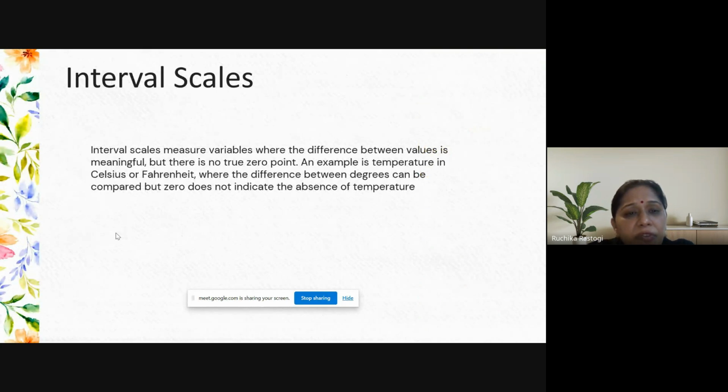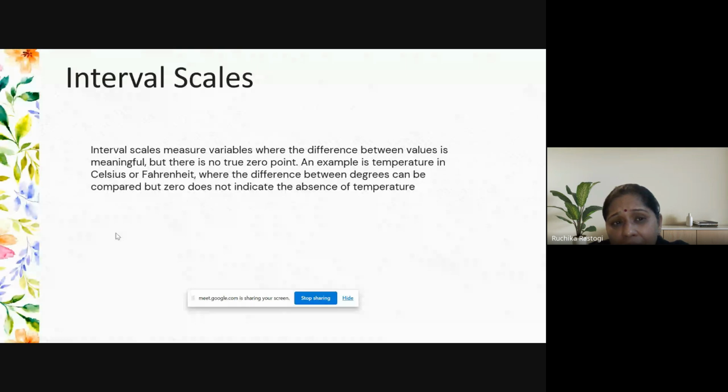Then we have seen the interval scale. Interval scale and ratio scale are the two scales in which the responses are taken in numbers. But there is a difference between them. The interval scale does not have an absolute zero. It has an arbitrary zero. Arbitrary zero means anything which is measured in Fahrenheit or centigrade, for example, or anything measured on a scale of 0 to 10. Then it is called an interval scale.